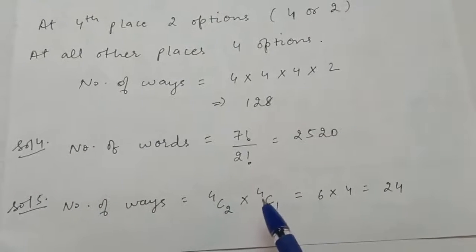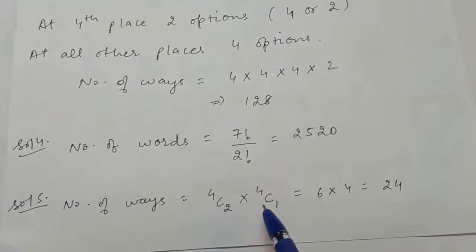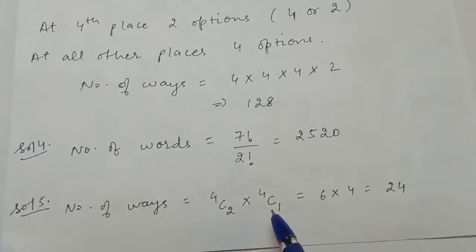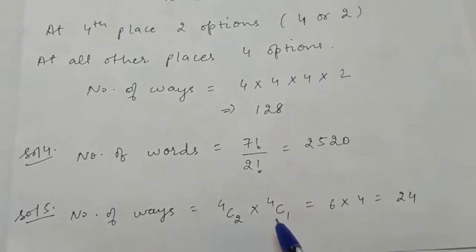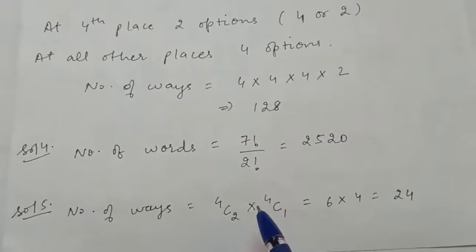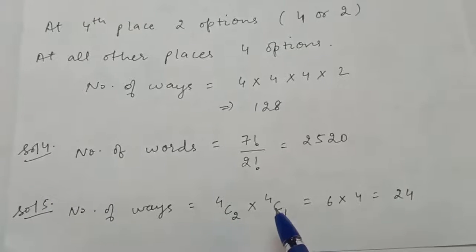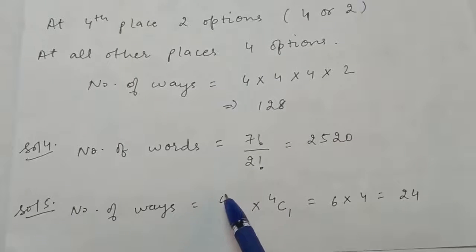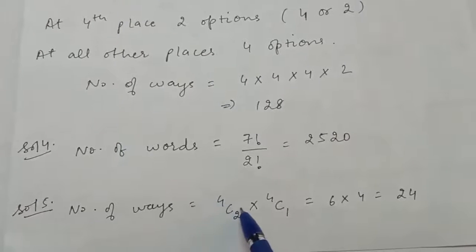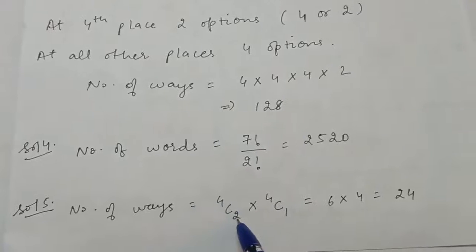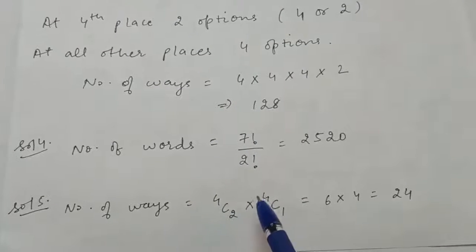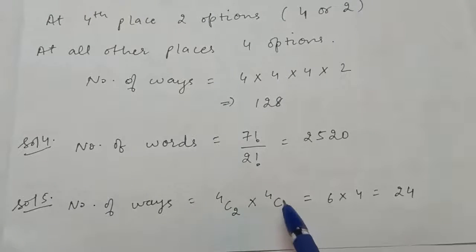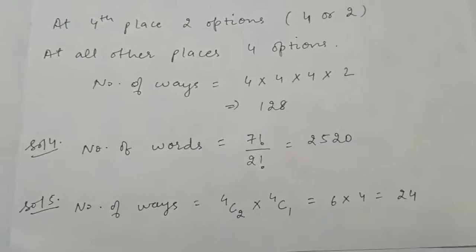Now question number 5th is, in how many ways can 3 cards be selected out of 52 cards so that 2 cards are king and 1 card is queen? Out of 52 we want to select 3. 2 should be king and 1 is queen. Now see, there are 4 kings out of 52 cards. So out of the 4 we want to select 2 kings, which can be done in 4C2 ways, into also queens are 4. Out of 4 we want to select 1, which can be done in 4C1 ways. So you will get the answer as 24.